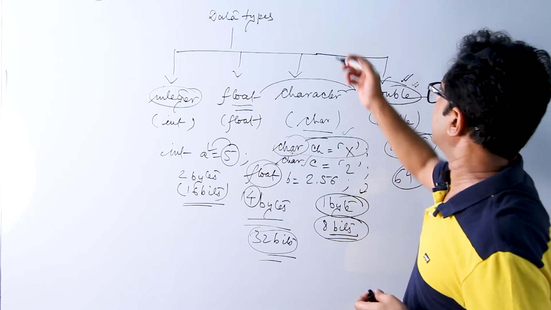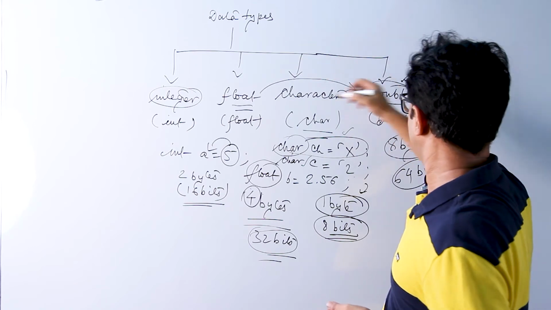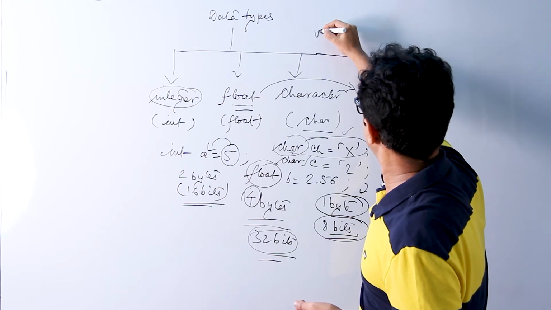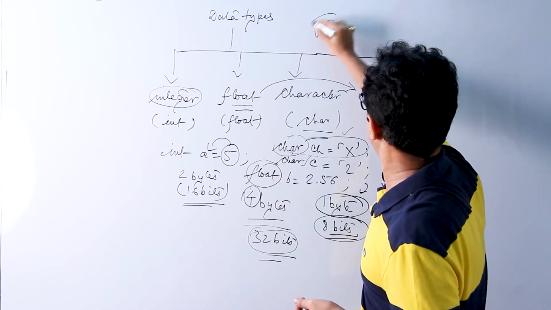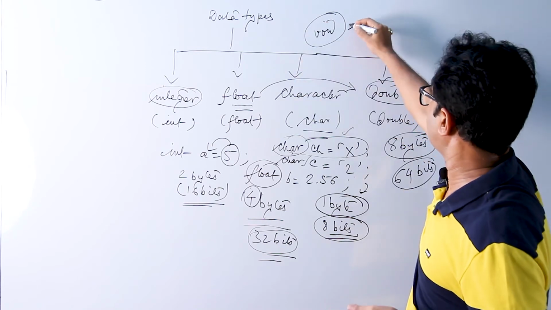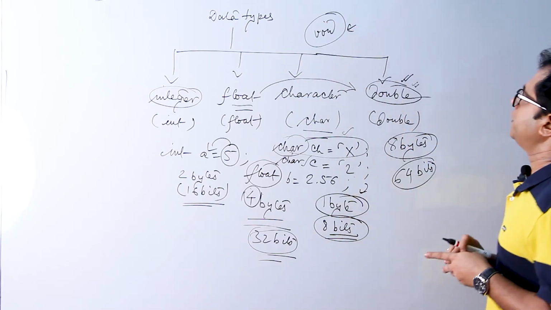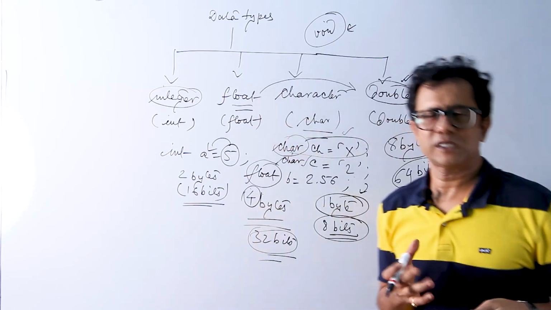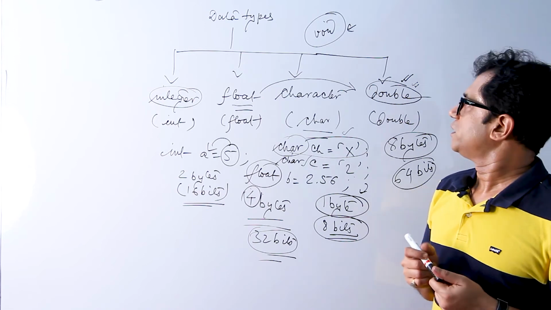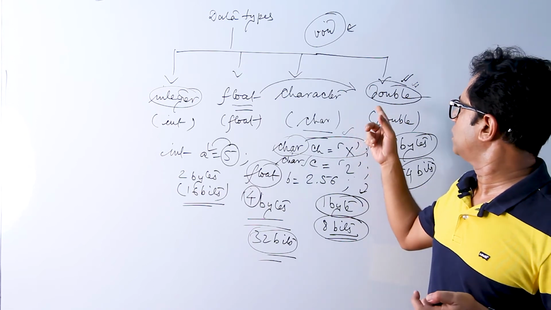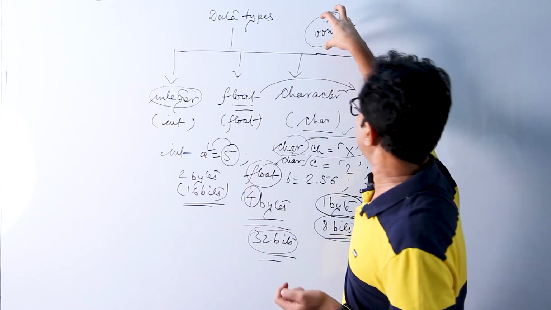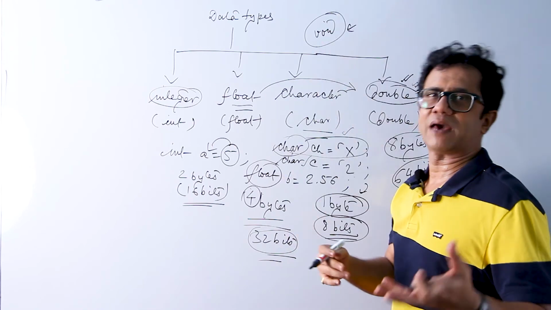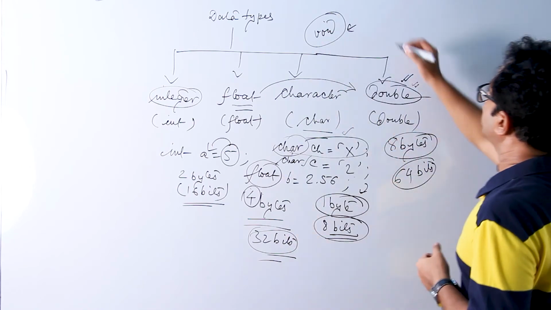If I add it to the list of these 4 basic data types, there is a data type we can also consider one of the basic data types, which is void. It is nothing but a data type having no values, something which doesn't express any particular type of data. When there is nothing to represent, we can use void as the data type. If we don't have to return any value from a function, then we can write